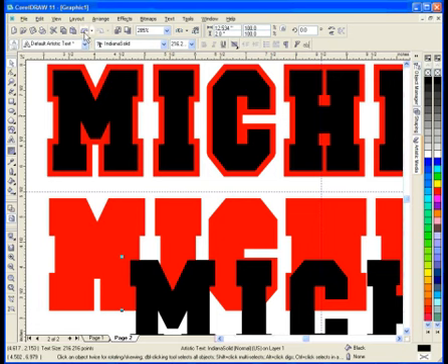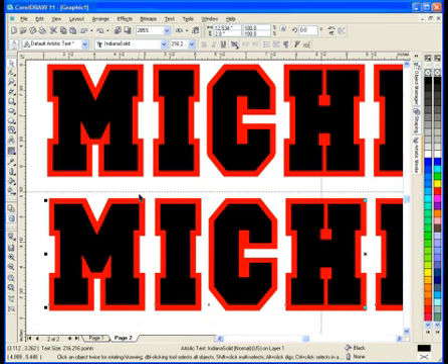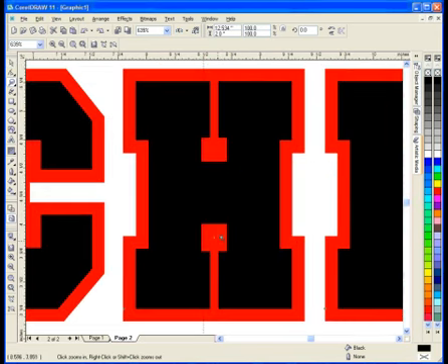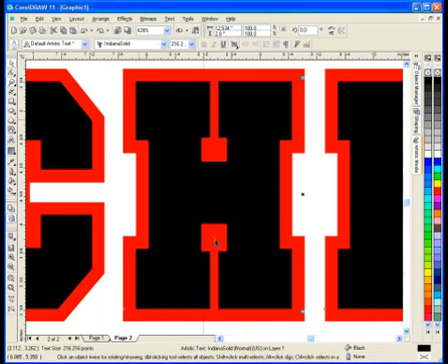So now that I have a foreground and a background, I can convert everything to curves, creating my second page so I can keep it editable, and then send this out. Now before I do, I'm going to zoom into the H right here, because there's a little flaw in there that I want to clean up. If you can see right here, there's a little pinhole where the contour just didn't get all the way around everything. If I wanted to get rid of that, I could choose the background color,